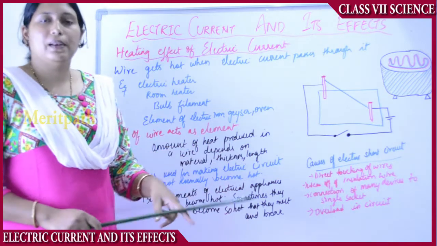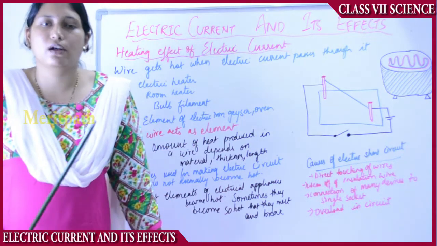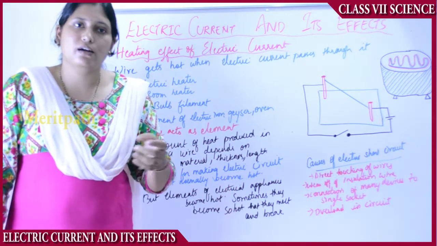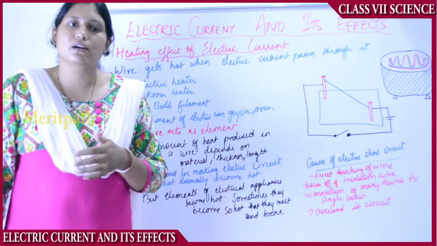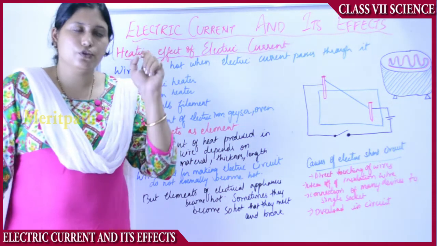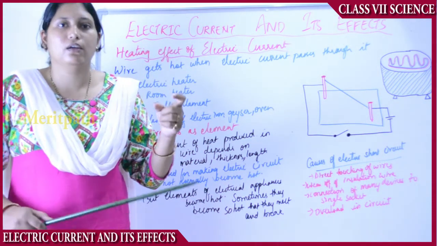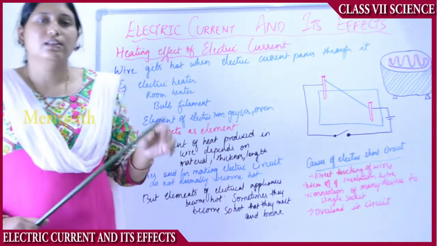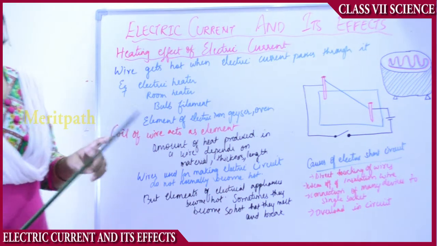This principle applies in the electric fuses in our houses. Sometimes suddenly when there is excessive supply of current, the fuse goes off. Then our parents or elders say the fuse has gone. At that time they remove the fuse and see that the wire has burnt away. Why? Because whenever there is excessive supply of electric current, there will be a short circuit or the fuse will go away.